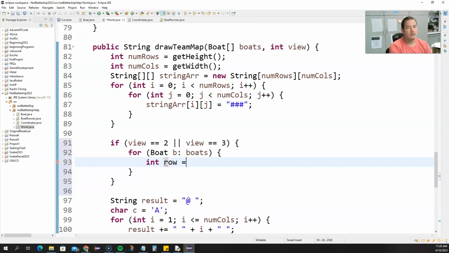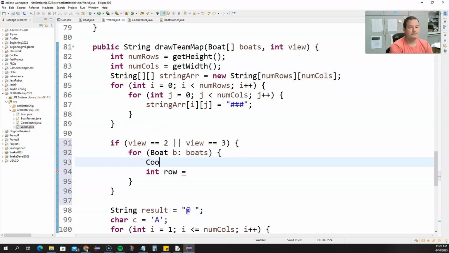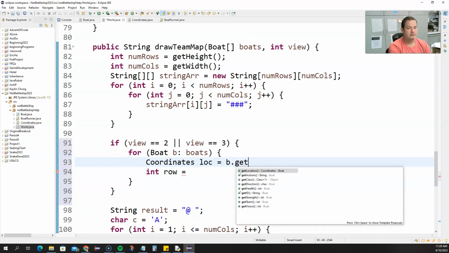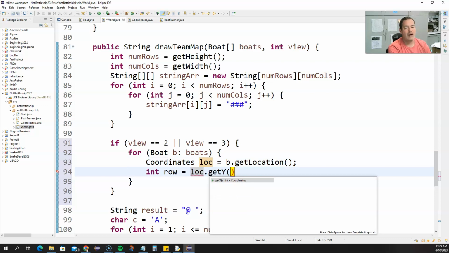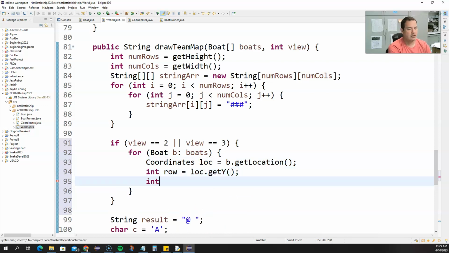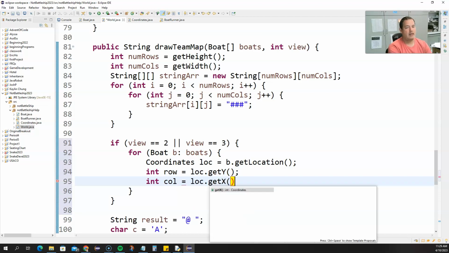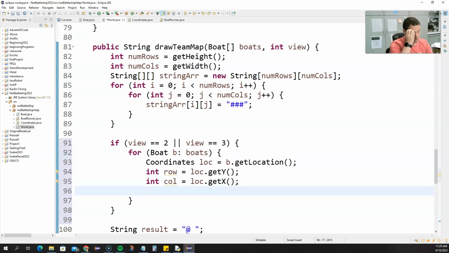So I'm going to say row is equal to... alright, so I have a location, and the row is actually the y value of location, the column is actually the x value of the location, right? And so I could say string r row column